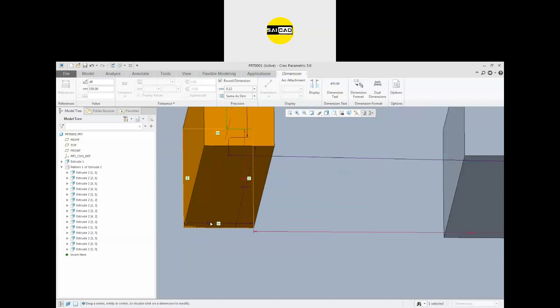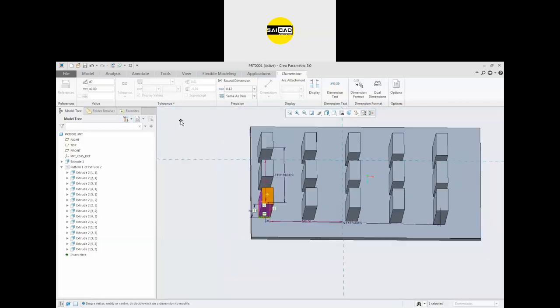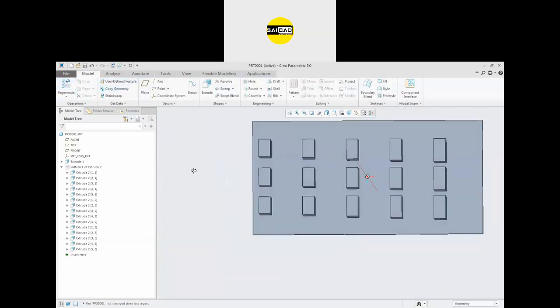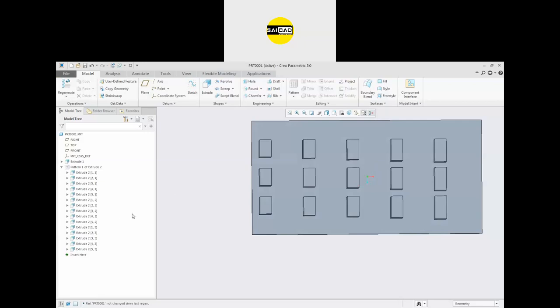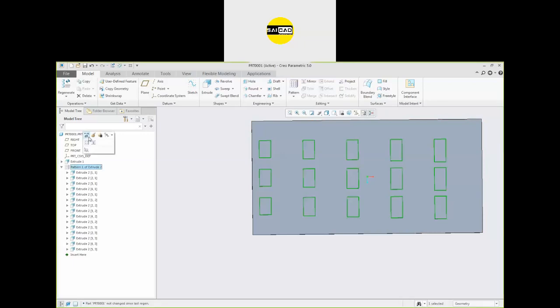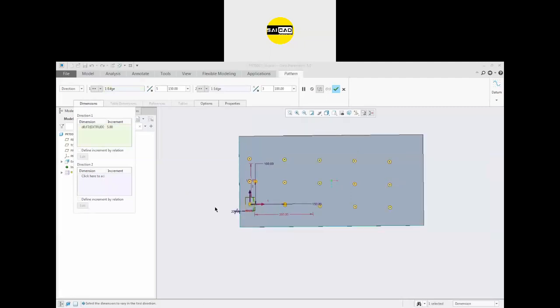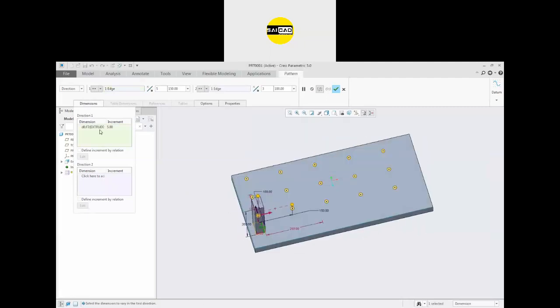Let's do here, that is one. So I will click the regenerate option here. The object will be placed. Now you can see the objects are extruded like that. 5 mm implemented there. So if you go to the pattern, if you want to change anything else, you can go to dimension. Okay. So this change will happen in direction one only. If you want to change something in direction two, you can do that also.